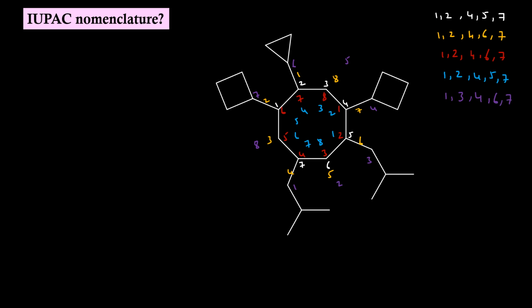If I use my lowest locant rule, the first position is a tie in all the sets. At the second position, the last set has a higher number, so this is ruled out. 1, 2, 4 is common in the first 4 sets, so we have to go to the fourth position. With the first and the fourth sets, we have a lower number at position 4, so the first and fourth will win over the remaining 3. But since the first set and the fourth set are the same in all the numbering, for further differentiation we have to use their substituent names. Let us try to write that.